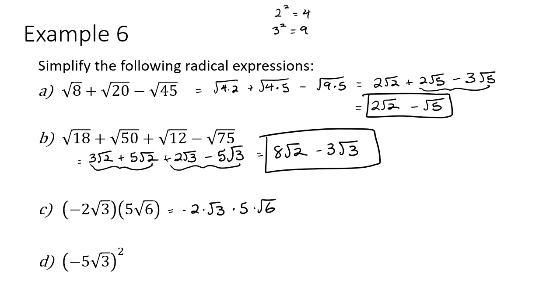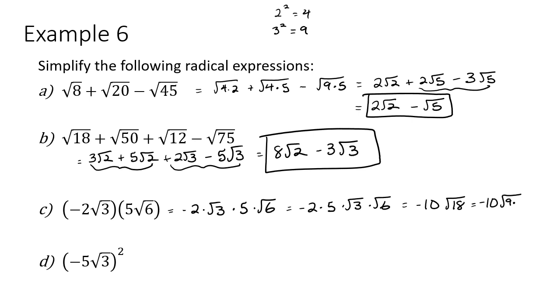But because multiplication is commutative, I can shuffle the order around here. I can write that as negative 2 times 5 times the square root of 3 times the square root of 6. So in other words, you can multiply the numbers together and you can multiply the roots together. So what we would end up with in this case is negative 10 times the square root of 6 times 3, which is 18. But we're still not quite done yet because square root of 18 will now simplify,